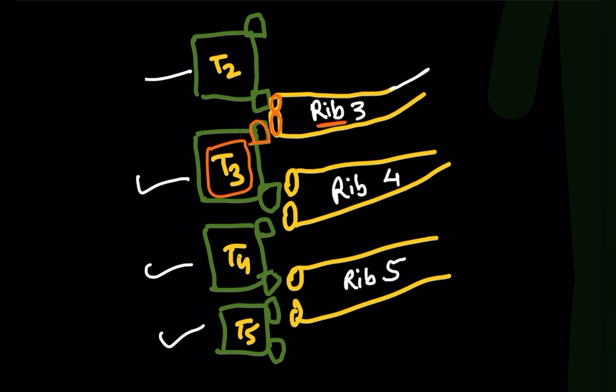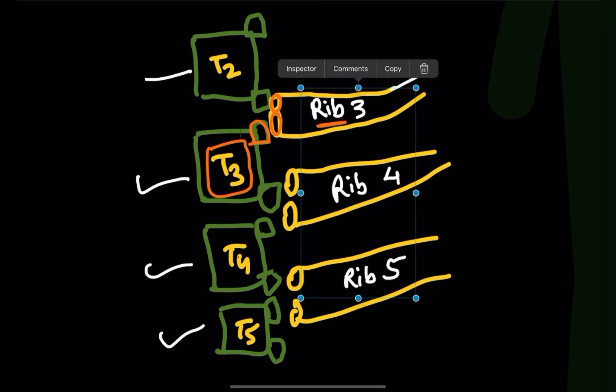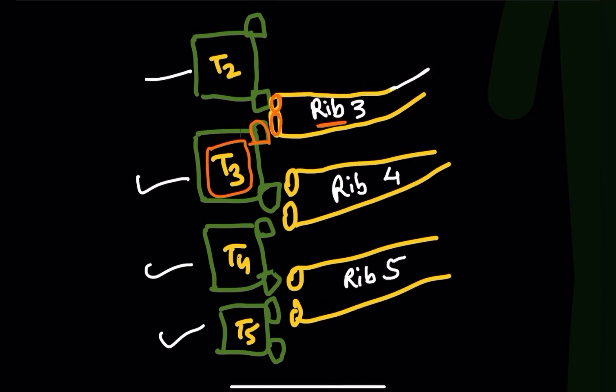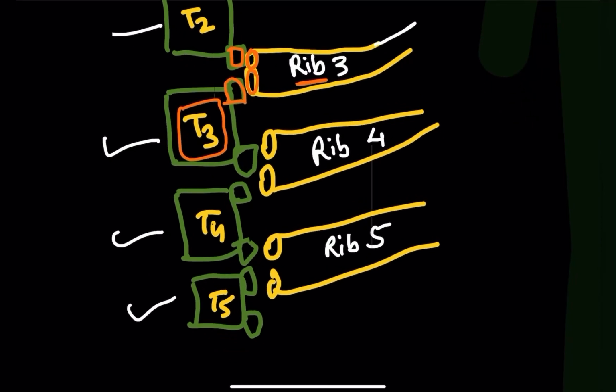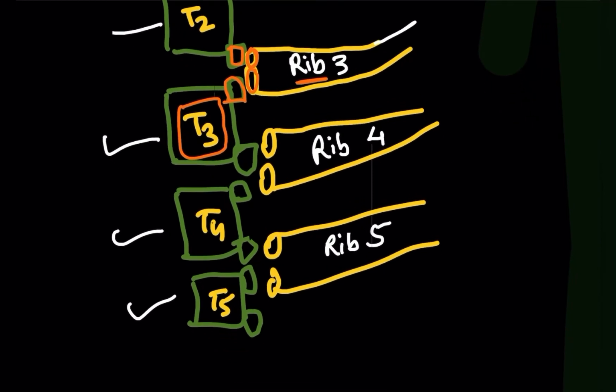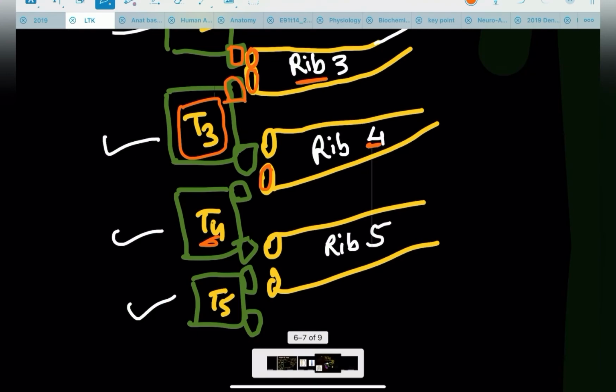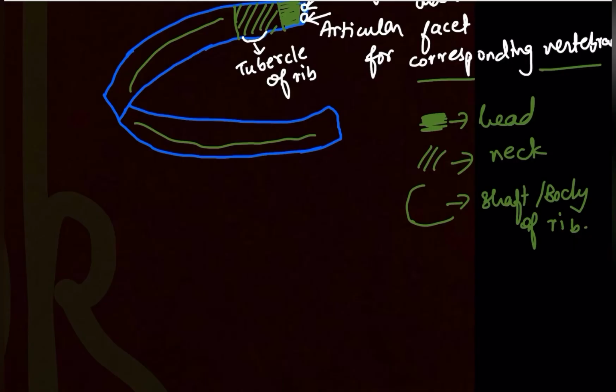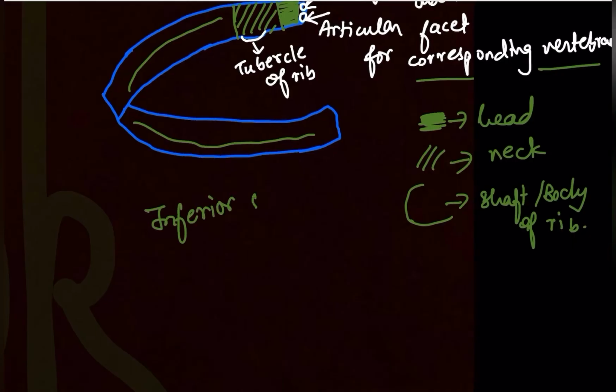Superior demifacet. When we were doing vertebral column, I explained you that thoracic vertebrae have 2 demifacets, the superior one and an inferior one. So this is the function of it, okay? As you can see, in the rib 3 only, the above is attaching to the inferior surface of the T2 vertebrae, okay? Similarly, see rib 4 is attaching to T3 also, T4 also. So the lower facet of the particular rib will attach to its corresponding vertebra. So rib 4 with T4. Understood? So this was about it. Let's look at the inferior surface of the rib.